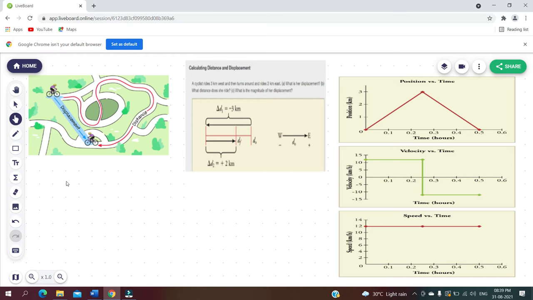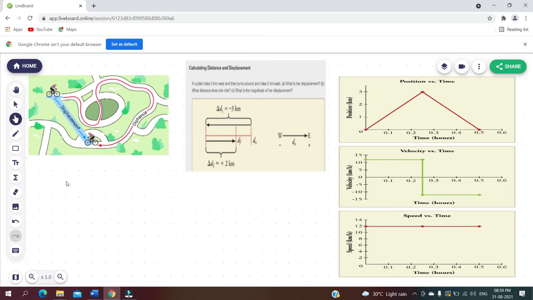One is forward, that is to the right along the x-axis, and the other is backward, that is to the left along the x-axis. And if it is moving in a vertical direction, then it may be moving in the upward direction or it may be moving in the downward direction. So we have to assume one direction to be positive so that the other direction will be taken as negative.